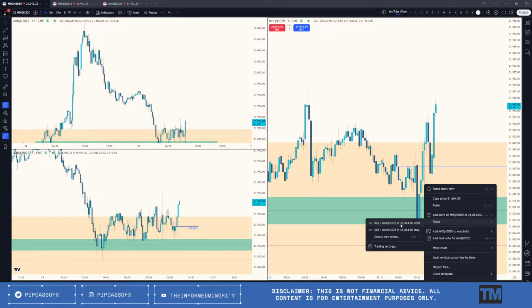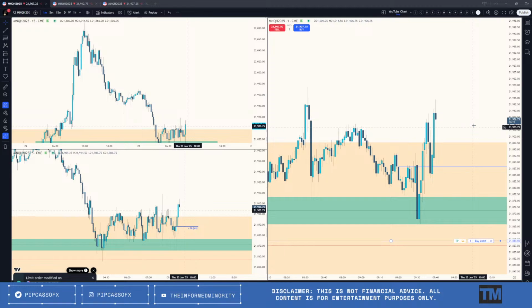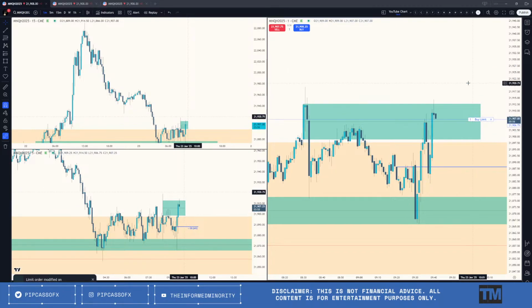But I like to have my limit set below here, and it's always a case where it could just scream down here, but that's essentially what I'm looking for. I do like that it would be in this upper portion, but we need this to hold. That's what I would be looking for. So if we can create that, we also have these two down close candles, so that would be my trade. Okay, there. So I would be in if it hits that. Hopefully it doesn't just run away, but if it does, it is what it is. So it'd be down below here.